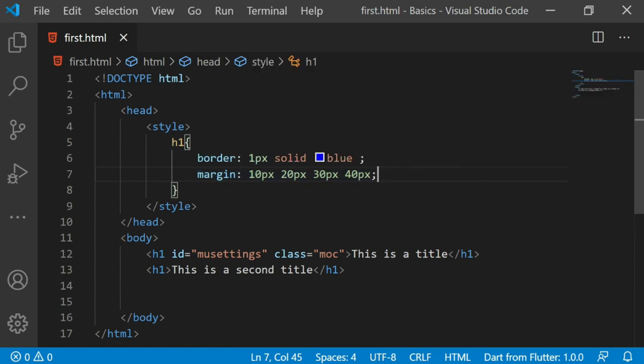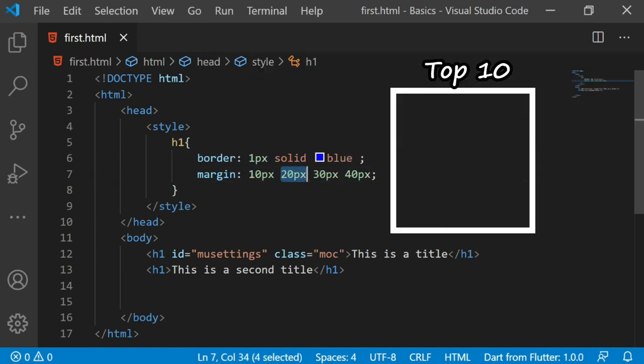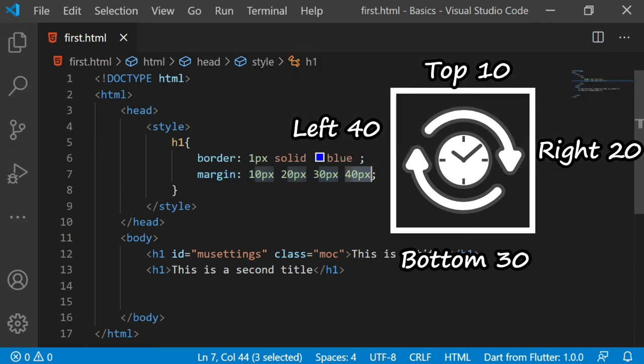In this case, this CSS shorthand, what this will do, you just say margin. This is for the top. This is for the right. This is for the bottom, and this is for the left, right? So top, right, bottom and left, it goes clockwise, right?